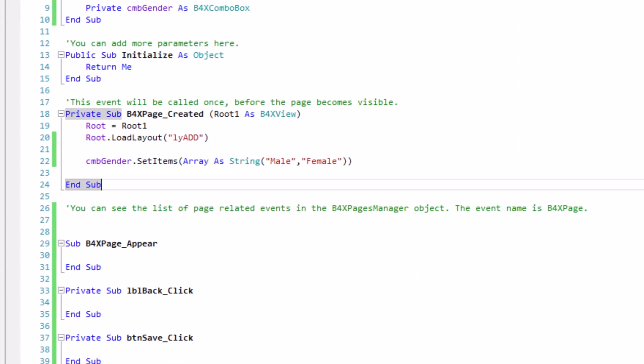Good. Now let's do the same thing for position.